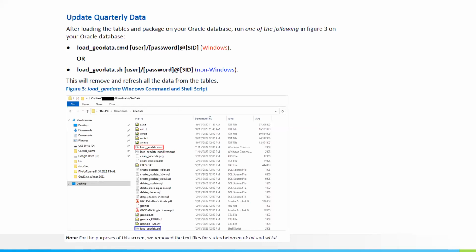And that's what it's saying up there at the top. Once you have the data populated, you would be using the packages geocoder.pkg in order to access data.